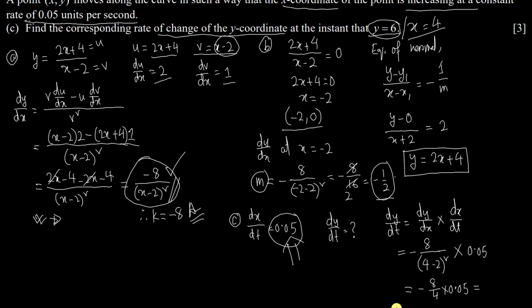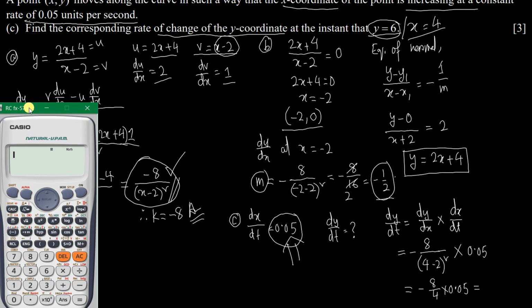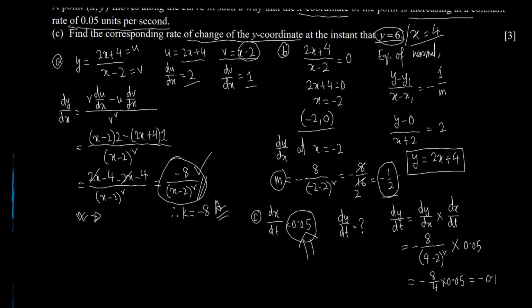If we use the calculator, 8 by 4 is minus 2, negative 2, into 0.05, and our calculator gives us minus 1 by 10, or minus 0.1. So we can write here the value is minus 0.1. This unit per second is the answer. Changes of the y correspond